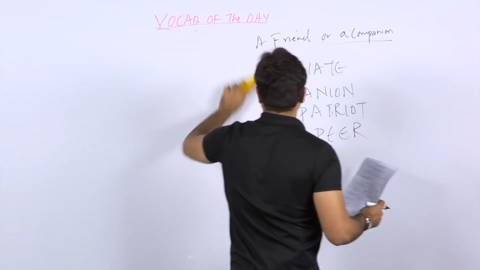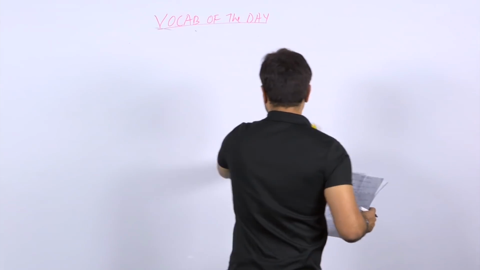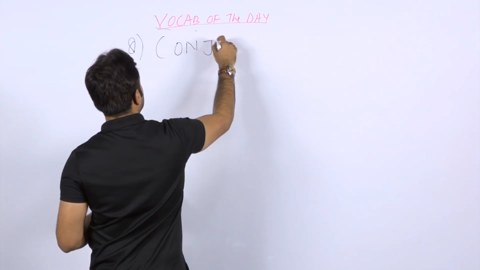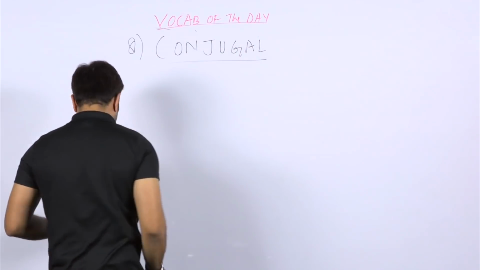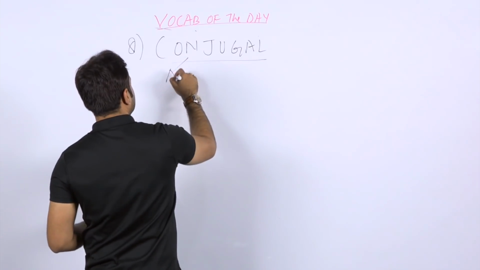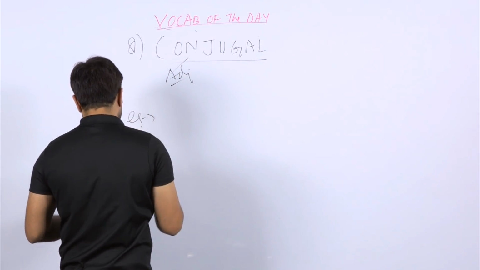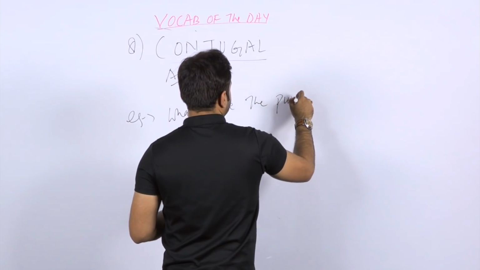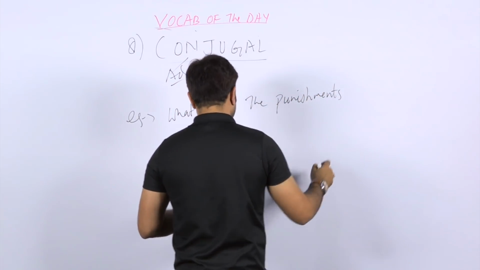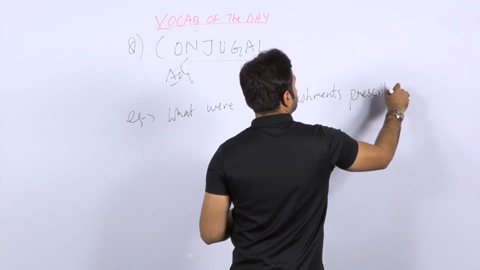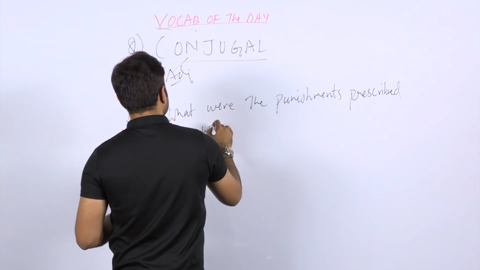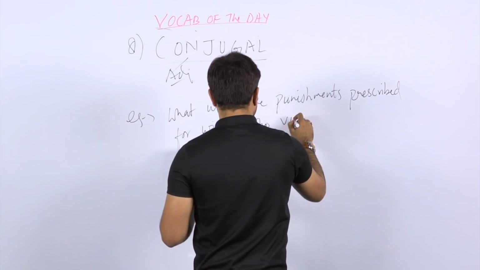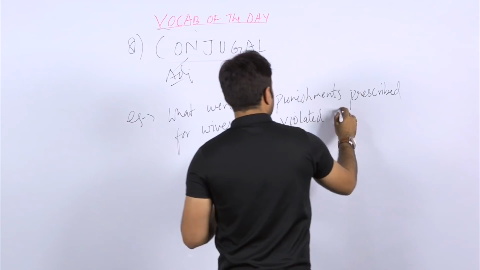The eighth word in the show is again a nice one. So which one is the eighth? It's conjugal. Conjugal is actually an adjective. First of all, take down the parts of speech. Now the sentence. The conjugal sentence says, what were the punishments prescribed for wives who violated conjugal